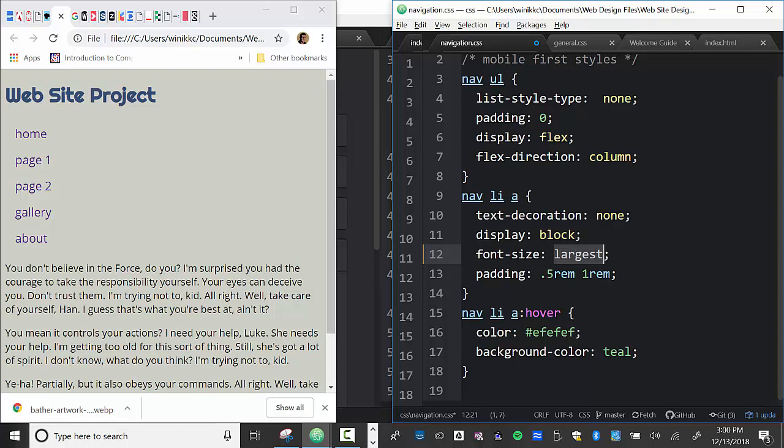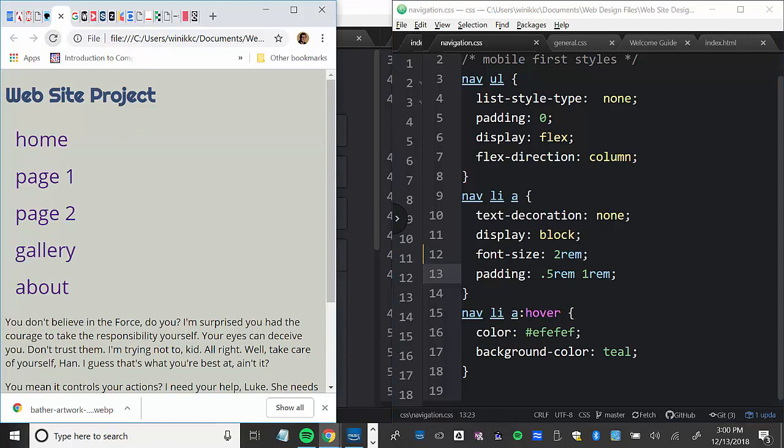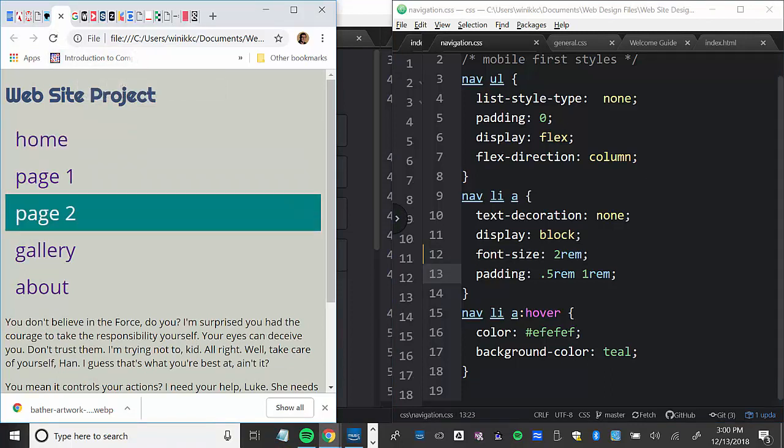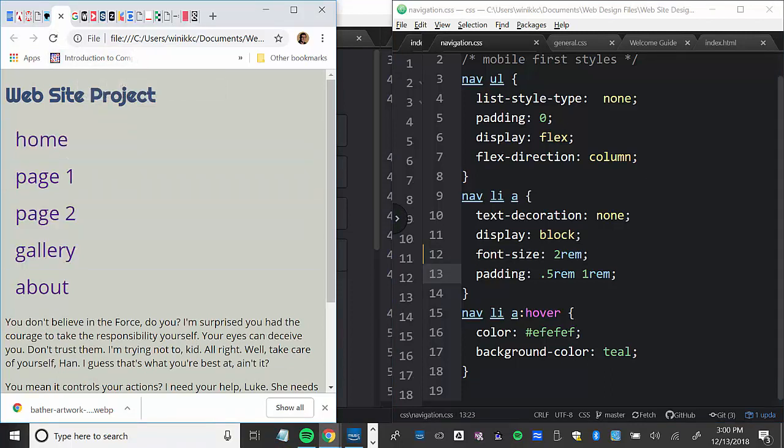All right, font size. Let's try 2 rem. 2 rem, that's relative EM. EM is also a relative size. I'm going to hit refresh. Did I save my changes? I did not save my changes. Refresh. There we go. Now it's starting to look like those big nav bars we've seen before. I like it. We have some hover effects going on, and on the hover we probably want to change the